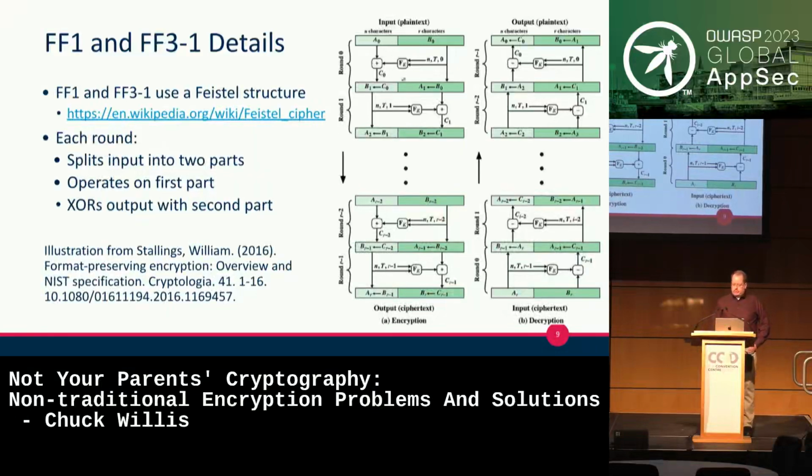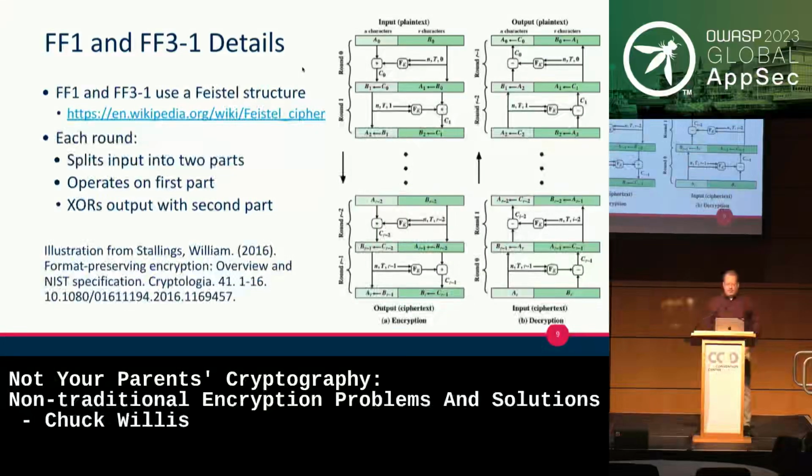So as you go through, you're basically XORing the different sides, and it goes through some number of rounds. The number of rounds varies. For FF1, it's 8 rounds, I believe. FF3-1 is 10 rounds. They also split the input slightly differently. So that's why there are these differences between the two algorithms, but the general concept is the same. And the general concept also is that you can work backwards. So this left-hand column is your encryption, where you're taking the plain text and turning it into ciphertext, and your right hand is the opposite. So you start out with round 0 and back up here to get to the plain text. So that's the gist of how those things work.